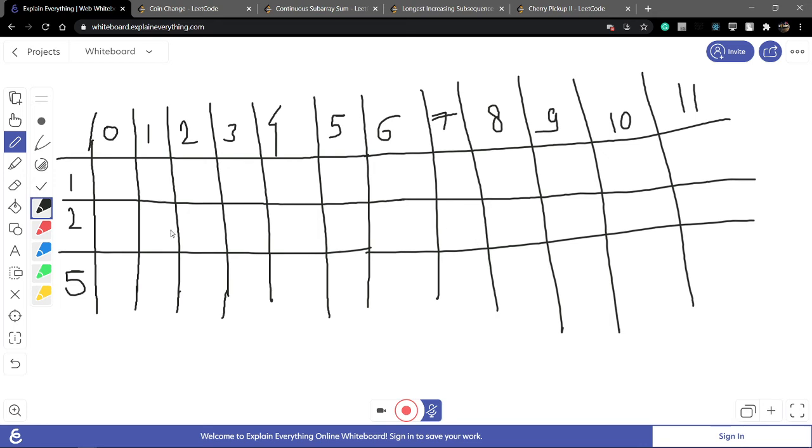Okay. Now you have to make a amount of 0 with coin 1. How many minimum number of coins? 0. With 1 or 2, 0. With a minimum 1 to 5, 0. So the default by value is 0.